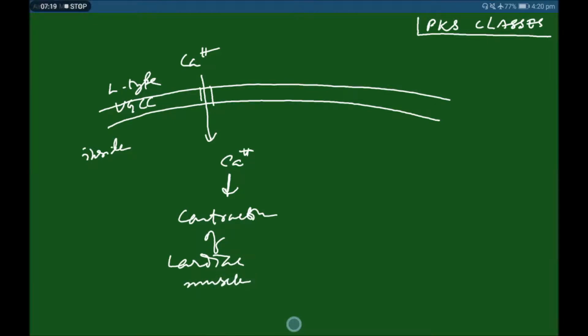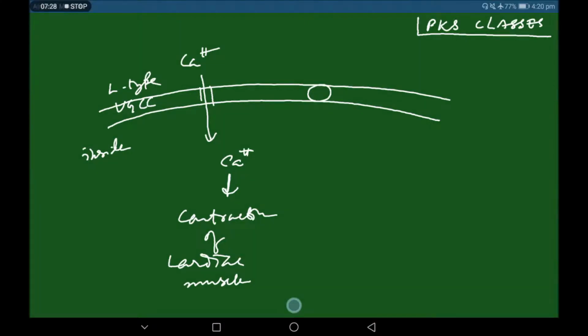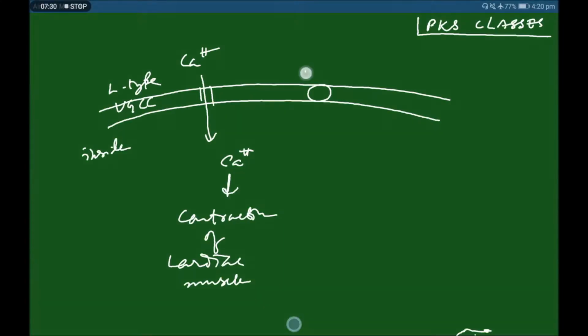And two more exchangers are there. One is called the sodium potassium ATPase, in the ratio of 3:2. So 3 sodium in exchange for 2 potassium. So sodium potassium ATPase is there,